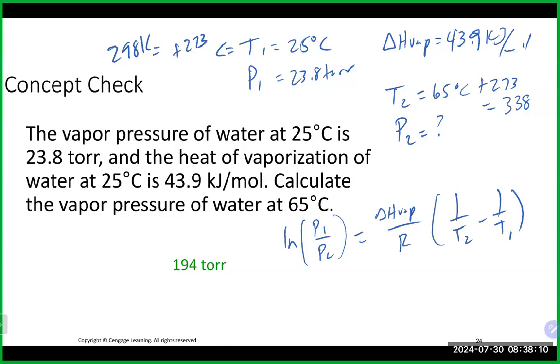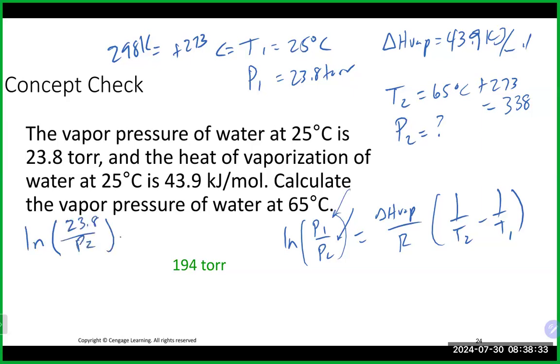In this particular case, you actually can leave the pressure values in torr. You don't necessarily have to convert them to atmospheres or anything like that, because as long as these are in the same units, everything will cancel out correctly. So if we do that, I'm putting it in here. We have the natural log of our P1, which is 23.8